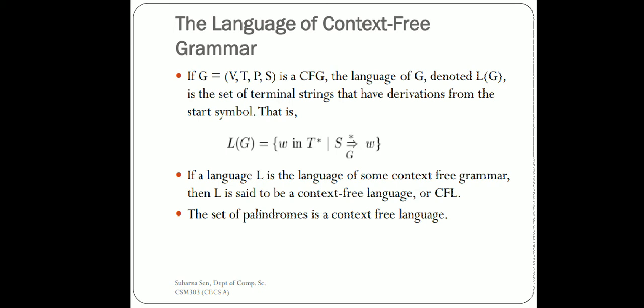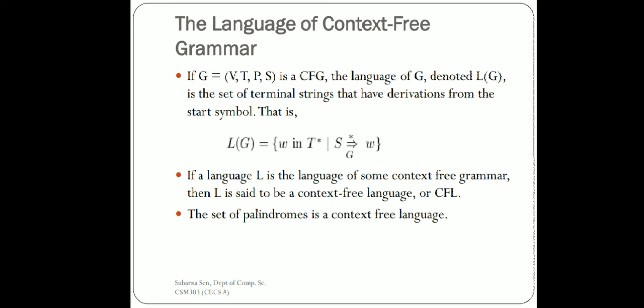Here the grammar is G and the language that G represents is L of G. In generalized form we can write that L(G) can derive W, that is a string W, which consists of any number of terminals. It can be empty, meaning zero terminals, that is the string can be empty. It can be of length 1, 2, 3 and anything. So applying the grammar a number of times starting from the start symbol S, we can ultimately generate W. That is the main basis of the context-free language.